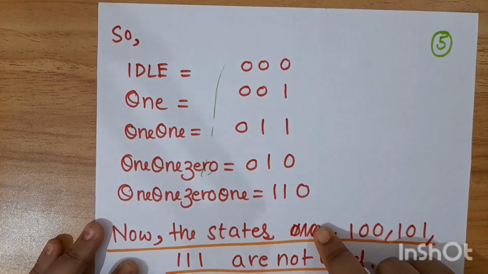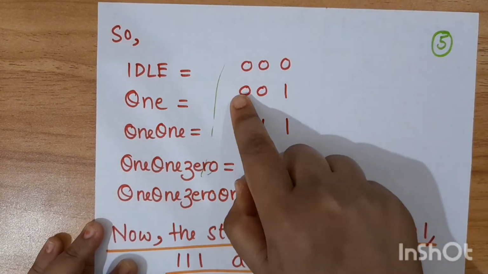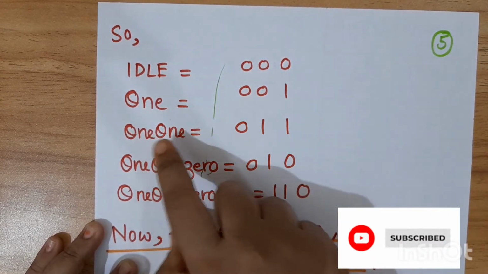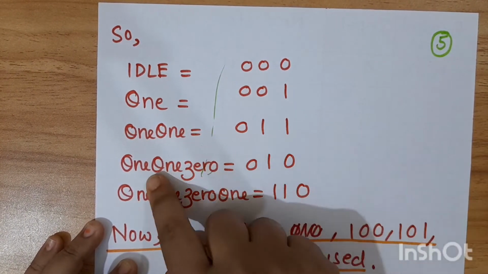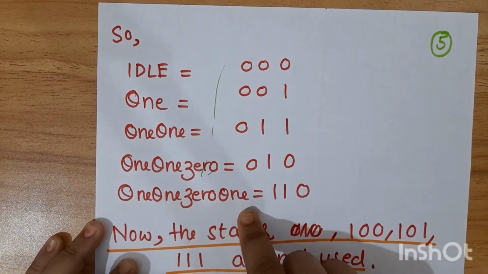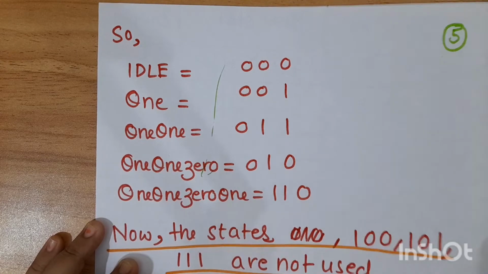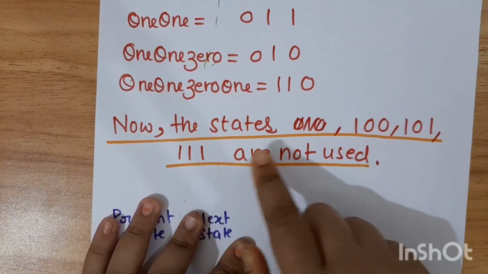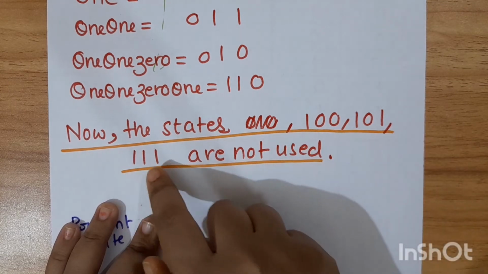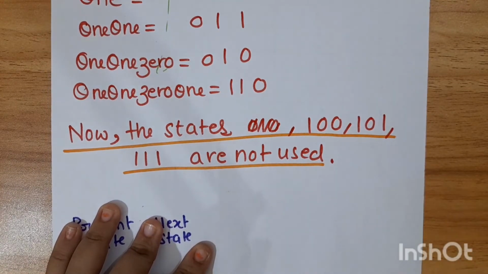So in gray code encoding, the idle state is 000, 1 state is 001, 11 state is 011, 110 state is 010, 1101 state is 110. Okay, now the states 100, 101 and 111 are not used as there are only 5 states, and with 3 bits 8